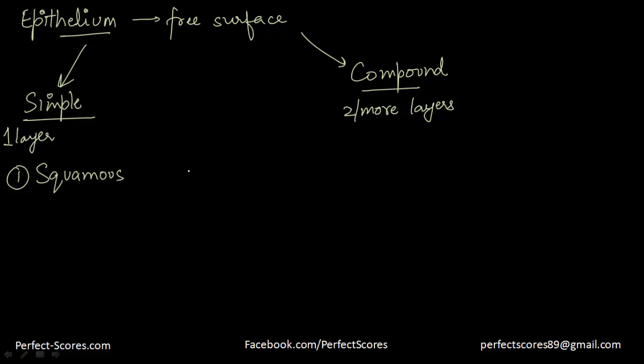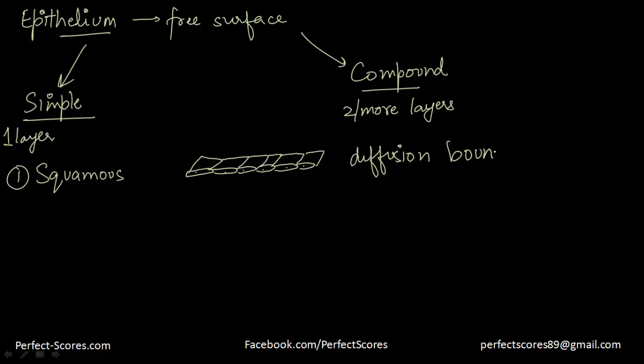So as the name suggests, the cells are flattened. And as you can see, there is very less intercellular space between these cells. So that is an example of a squamous epithelium. The places in the human body where the squamous epithelium is found are blood vessels, the air spaces and the air sacs in the lungs. And basically, they're very, very thin because they help in forming a diffusion boundary. So that point is worth mentioning over here. Whenever materials like air or nutrients have to move from one place to another, they move through these squamous epithelium